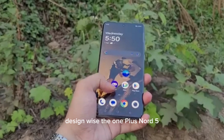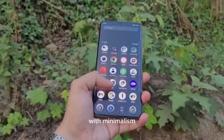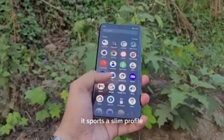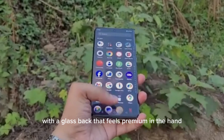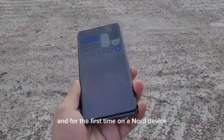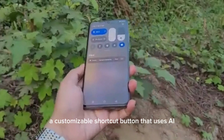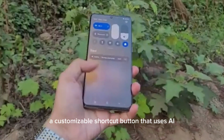Design-wise, the OnePlus Nord 5 continues the brand's tradition of elegance with minimalism. It sports a slim profile with a glass back that feels premium in the hand. And for the first time on a Nord device, OnePlus introduces the Plus Key, a customizable shortcut button that uses